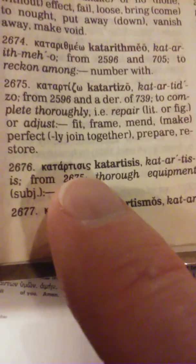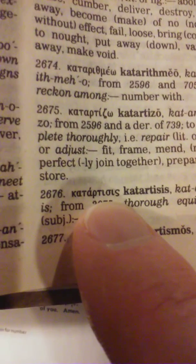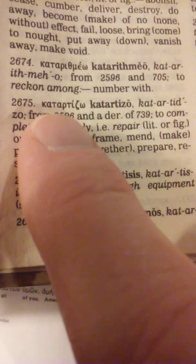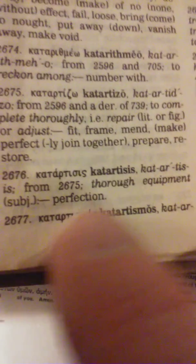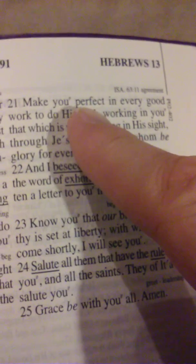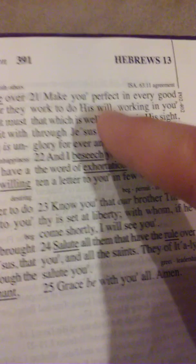So perfect, right? This is perfect in that Hebrews text. Make you perfect in every good work. Remember, that's what we're to do, his will. That's in the verse. So to make you, let's see, this is from that previous word that we got led to, right? It's from that word, but it isn't that word. It's through equipment. Oh, sorry, thorough equipment. There you go, man. So let's read it like that over here. Make you perfect, make you thoroughly equipped in every good work to do his will. So perfect and thoroughly equipped for the works